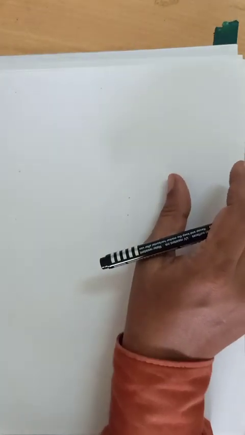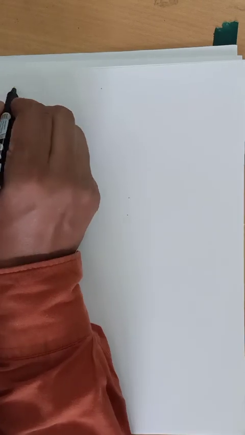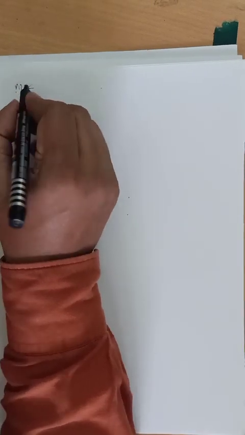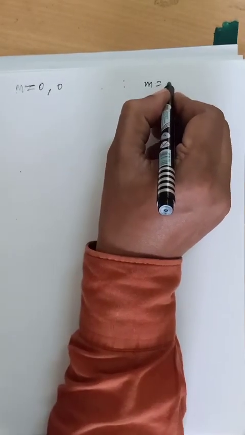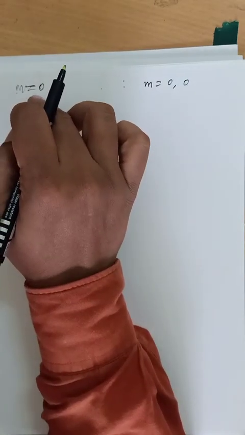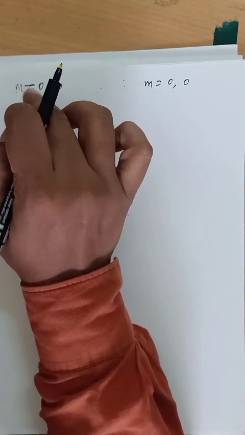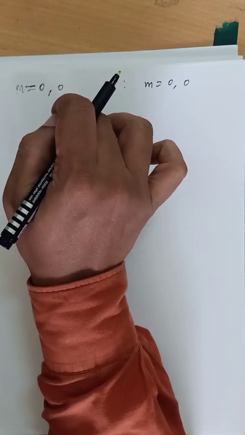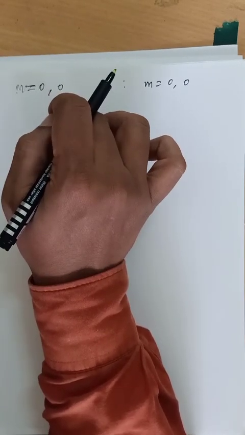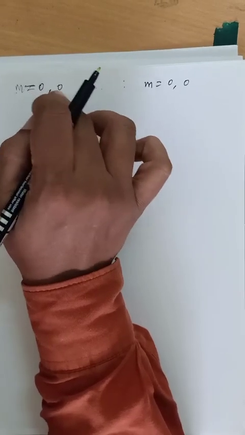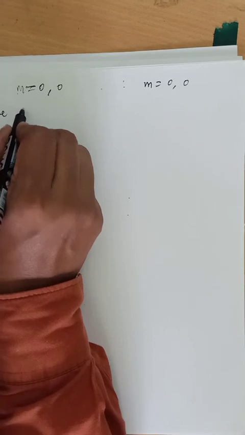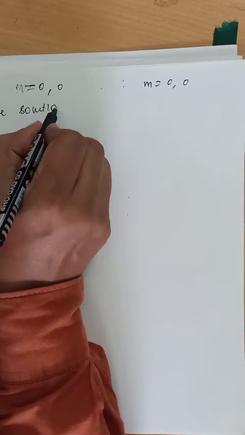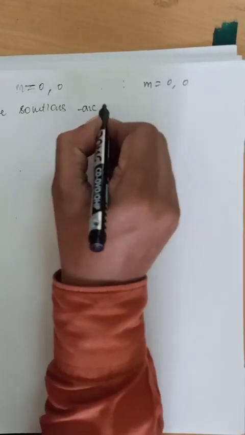See, m square equal to 0 means m equal to 0, 0. Here also m equal to 0, 0. You analyze the roots. Here 0 and 0 are the roots. 0 and 0 means the roots are real and equal. The roots are real and equal, which means the solutions are given by